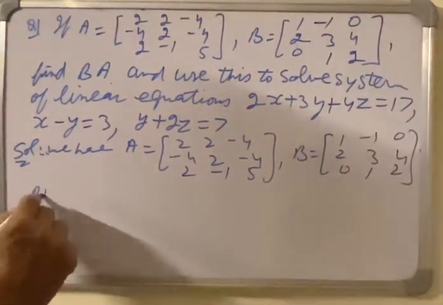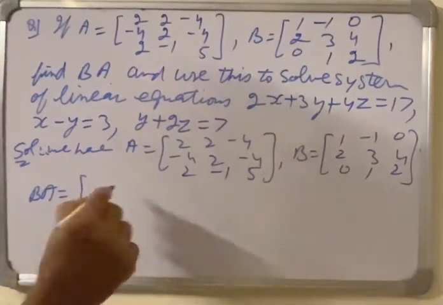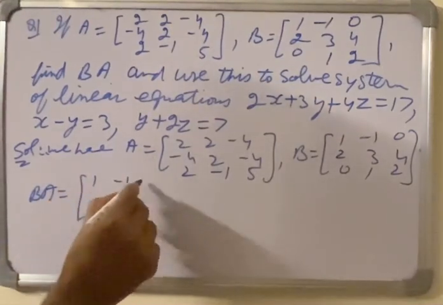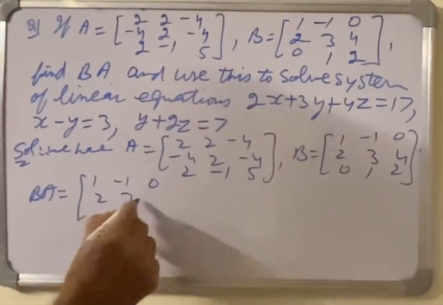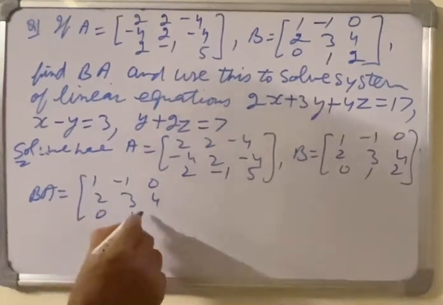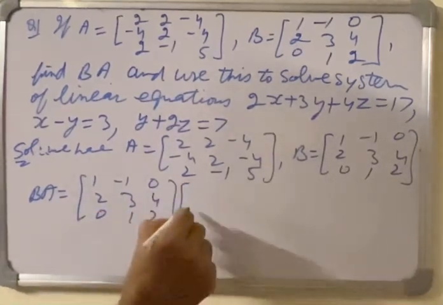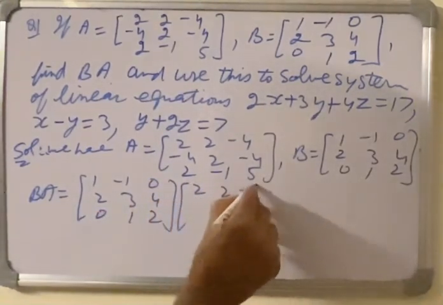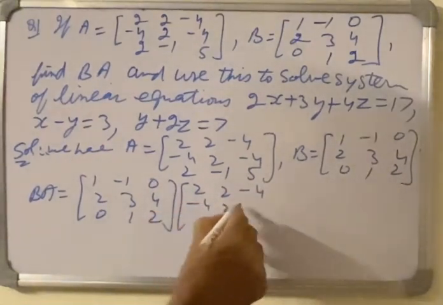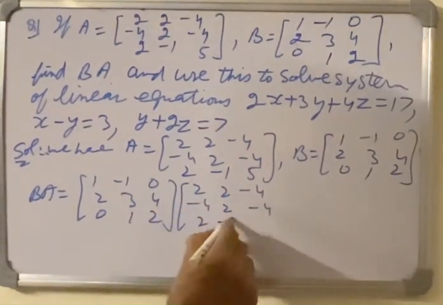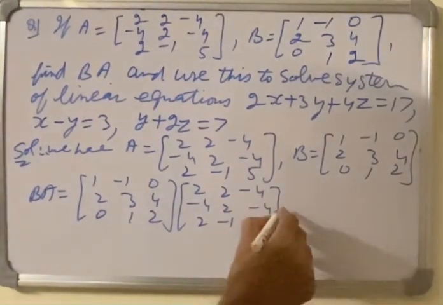Then BA is equal to [1, -1, 0; 2, 3, 4; 0, 1, 2] into A, which is [2, 2, -4; -4, 2, -4; 2, -1, 5], which is equal to